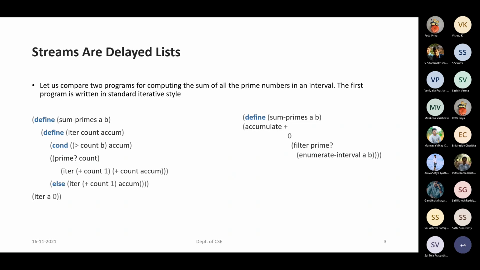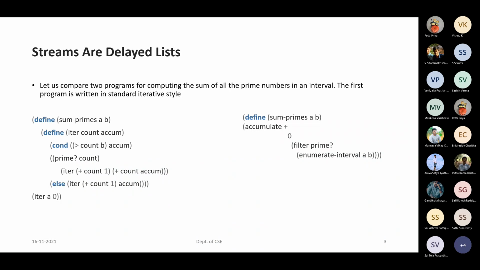We can define it by these procedures. Okay. But now, what is the difference? If the range of values A to B is a small range, well and fine, we can do it by both the procedures. Both will be giving us almost the same effect. That is, when you are using this ITR procedure, what happens?